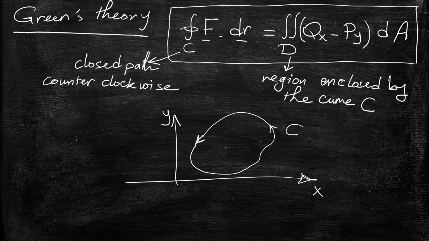So first, if we have a line integral of any vector here, this vector is F, and I need to get this F to be integrated over a closed path C. Green's theorem says that the value of this integral is equal to the integration over the closed area, or sorry, the area enclosed by this closed path, which is called here this region D,